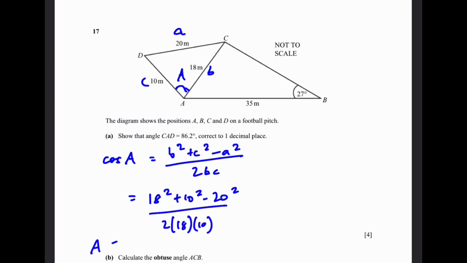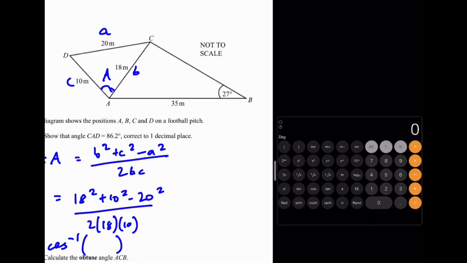And now A will just be the cos inverse of this value. And what is this value? Do that on a calculator. 18 squared plus 10 squared, which is 100, minus 20 squared, which is 400. So that's negative 24, and divide by 2 times 18 times 10. So that's just 360, and we divide by 360 here to get 0.066 dot dot dot. And cos inverse of this,